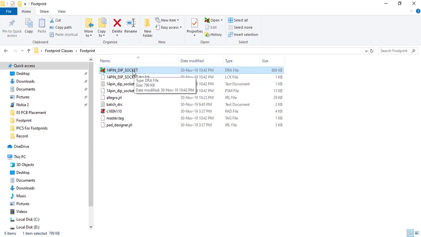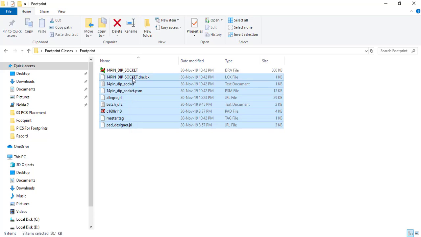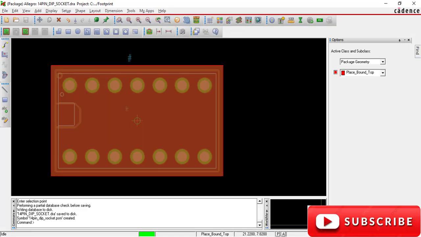Okay, this is the footprint, this is the pad, and these are the supporting files, except these two, the DRA file and the pad file. So right now our footprint has been created successfully.